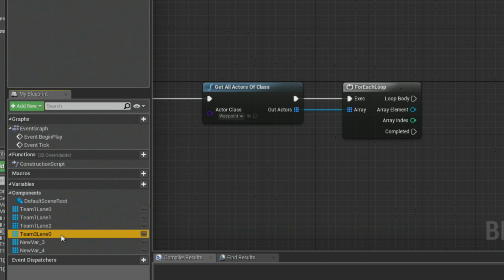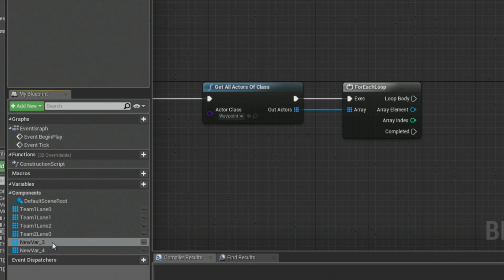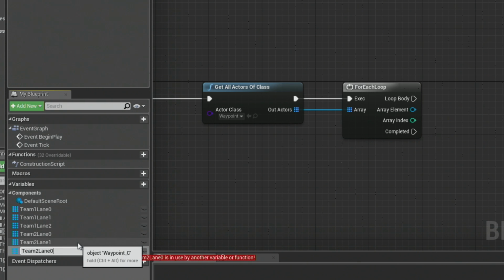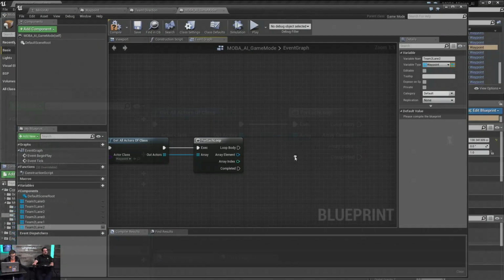Oh no, team 3. What are you doing, Ian? I know there's a programmer somewhere going like, why aren't you using Team 0 and Team 1? I hate you so much. Sorry, teams for me just don't make sense at Team 0, Team 1. It makes sense for me at Team 1 and 2, and then for whatever reason, when things are ints like that, it just makes sense to me to start at 0.